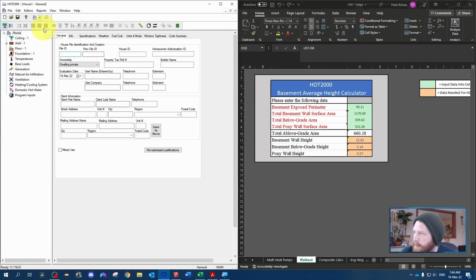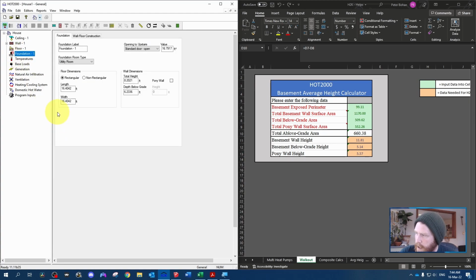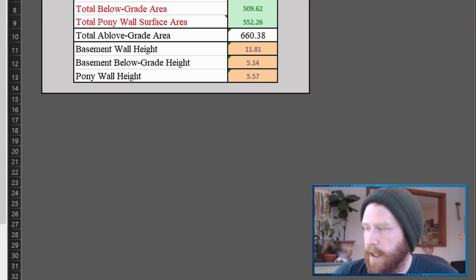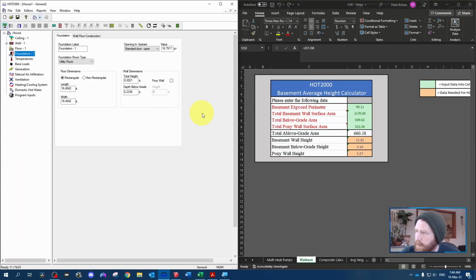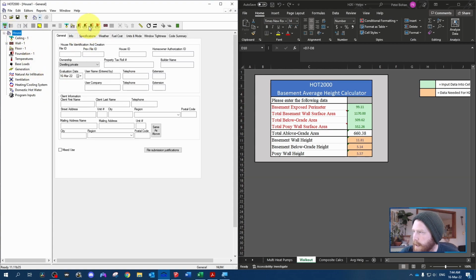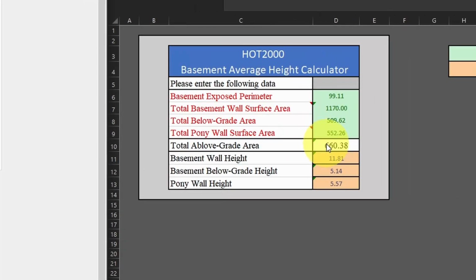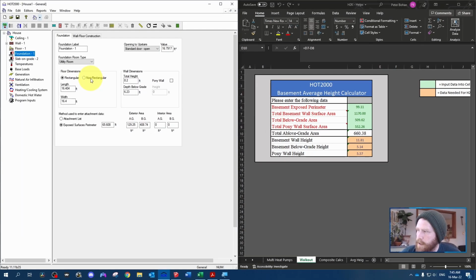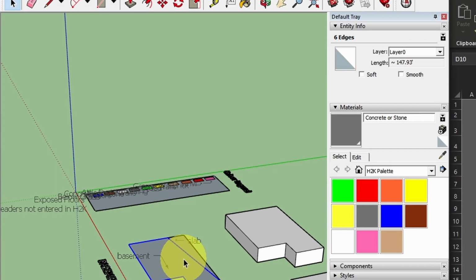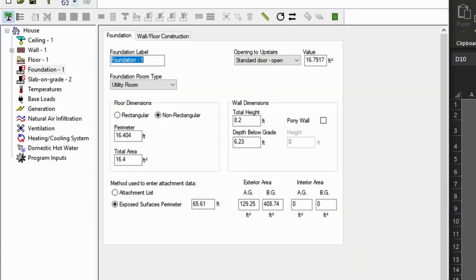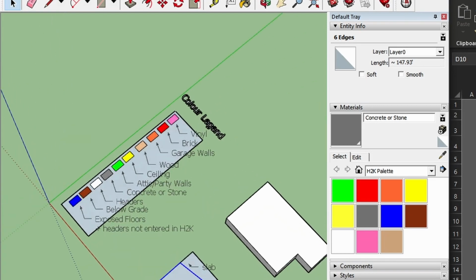So we'll open up Hot 2000 and go to our basement. When you have just one foundation type, like a basement or just a crawl space or a slab, you'll notice this is blank. But once we add our slab, this is going to fill in. So we'll add in our slab now and then go back. Now you can see we've got the exposed surface perimeter area here. If we've done the calculation right, the exterior above grade and below grade area here should be pretty similar to what's in here. So I'm just going to switch this to non-rectangular. Get the full basement perimeter, 147.93, and then our total floor area as well,